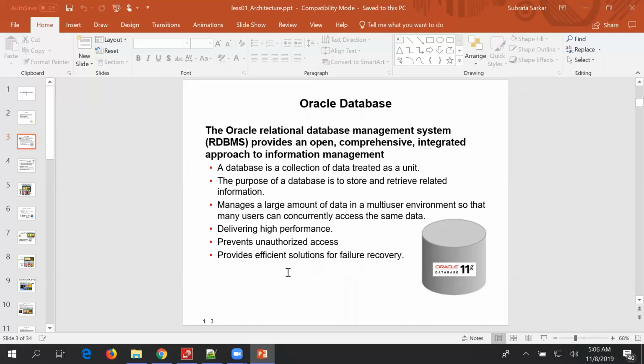It manages a large amount of data in multi-user environments so that many users can concurrently access the same data, delivering high performance, preventing unauthorized access, and providing efficient solutions for failure recovery. As you all know, Oracle database consists of tables and columns.